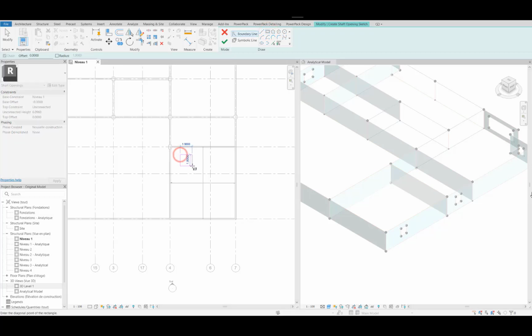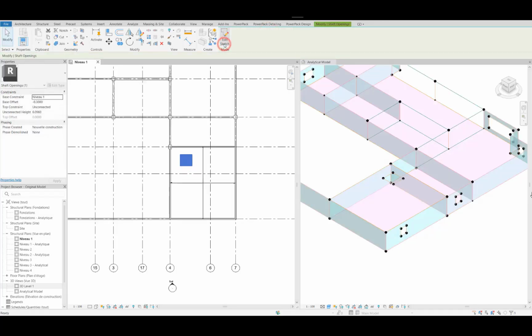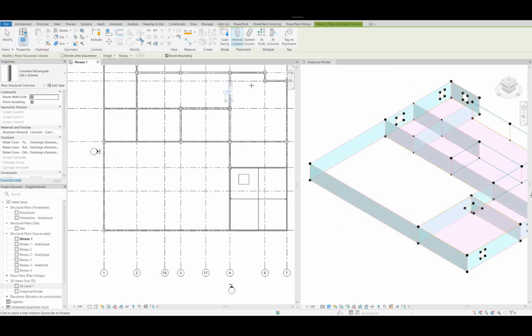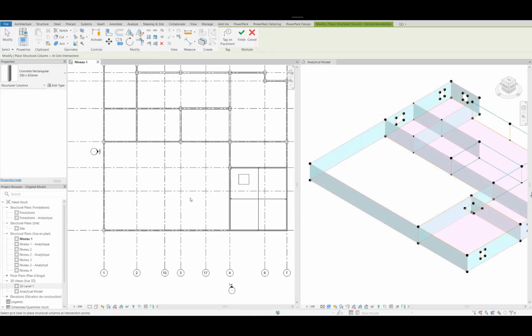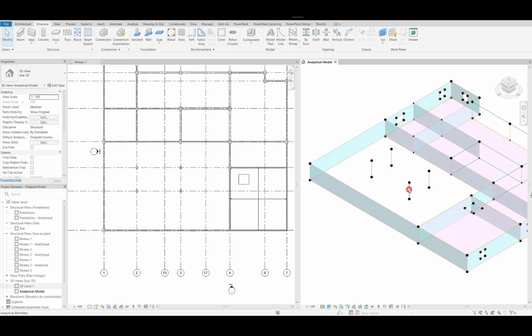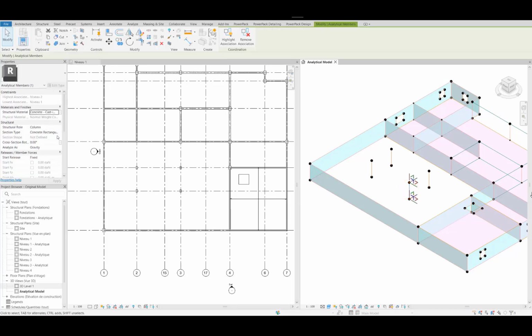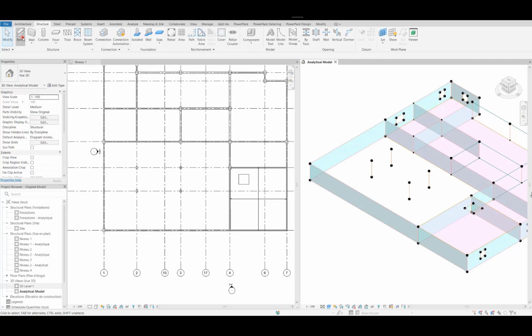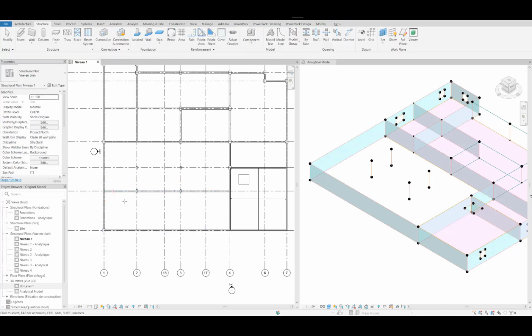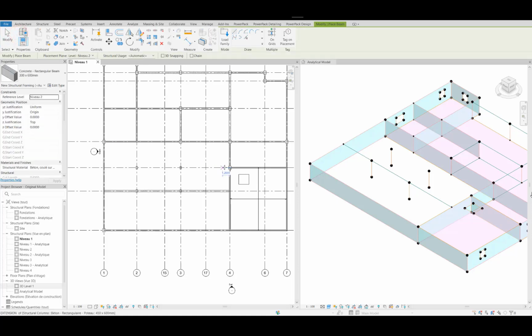And so you see this approach is quite interesting. We can add openings as well on the physical model. It will be automatically reported to the analytical model. So with this approach, what is very interesting is that a BIM modeler can create a physical model, and he can instantaneously see and have an eye and control on how the analytical model is created within the Revit files.